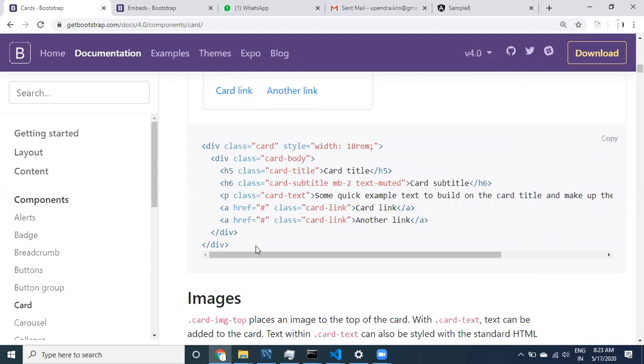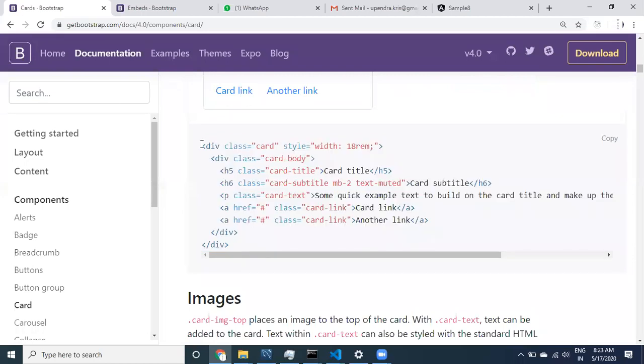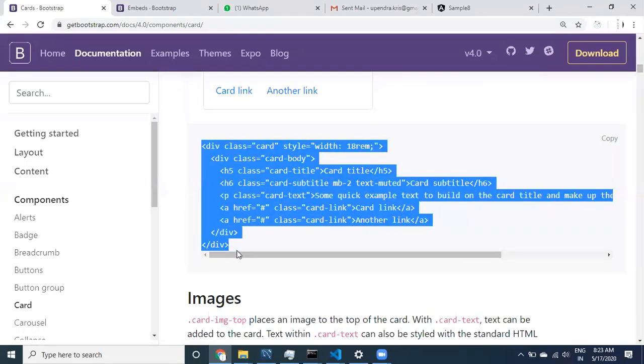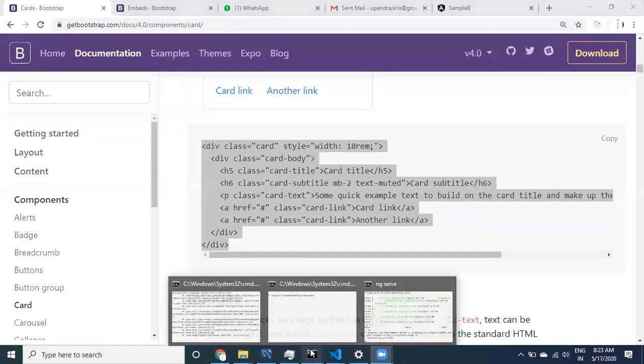Now what I can do is take a div, a div card. I would like to take this div card, but whatever code I have taken, I would like to make into a separate component, so I want to create a new component.